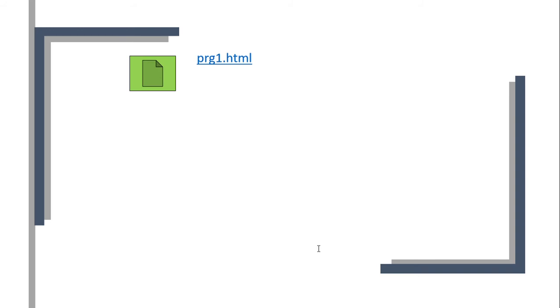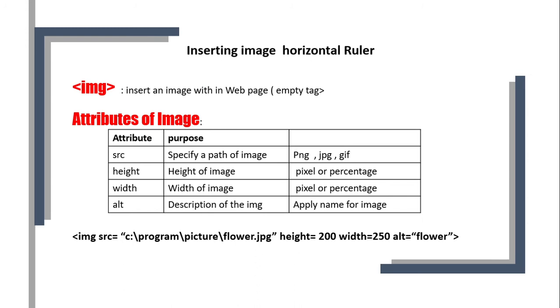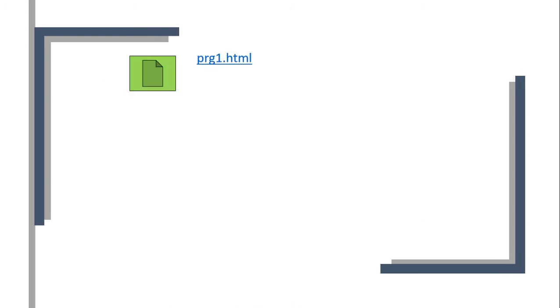How is it displayed in small and capital? Whatever program we have written, we want to see the output. Okay, so here we have the output, that is prg1.html. Now enable it over here. You get your text in bold. Afterwards we gave the BR, that's why your two lines are breaking.